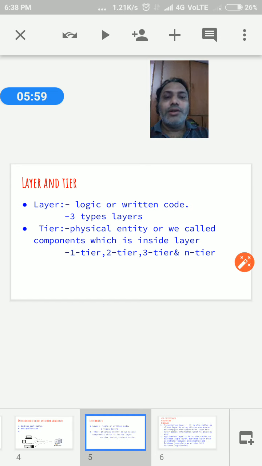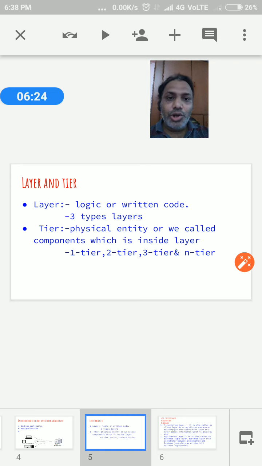It means we can create logic or write code according to different layers. Suppose I want to create the front end, or a GUI based application, then we can create the code using the HTML language.